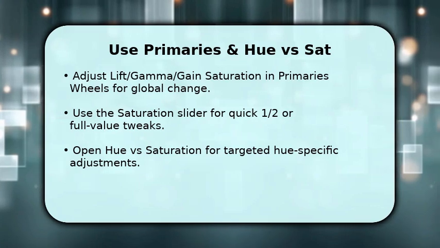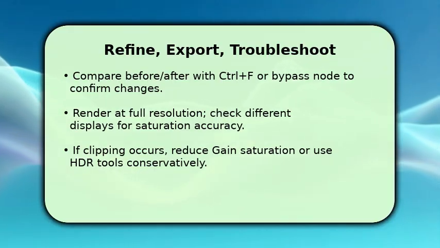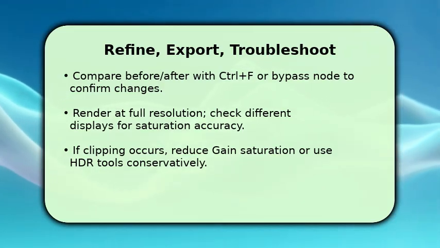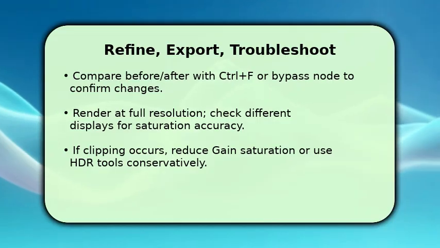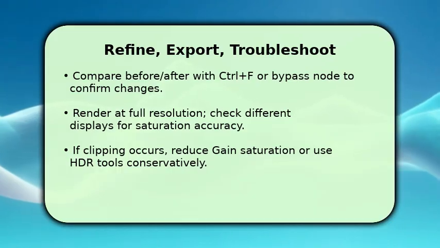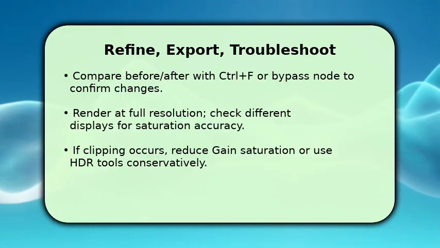This confirms improvements. Make final minor tweaks while watching scopes, then render a short test at full resolution and view on a calibrated monitor or phone to ensure consistency. If colors clip or look unnatural, reduce gain saturation, pull down global saturation slightly, or use the HDR palette to protect highlights. If problems persist, reset the